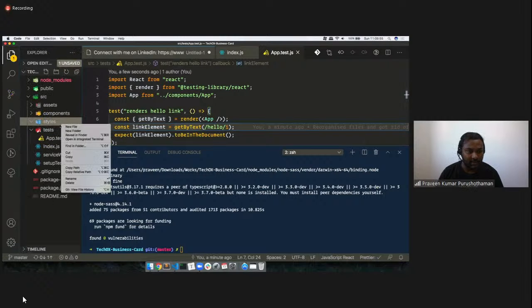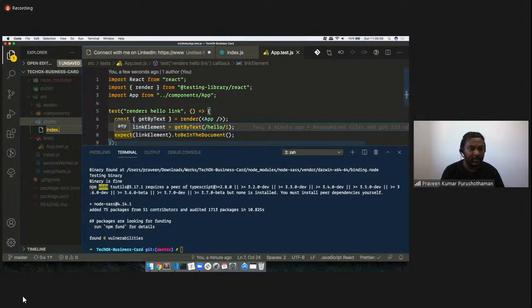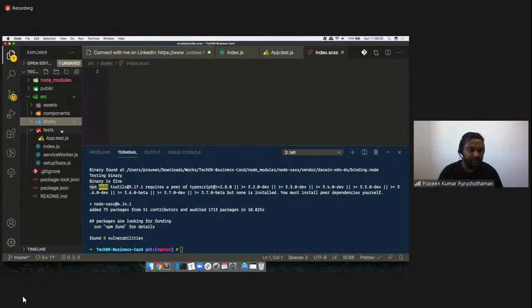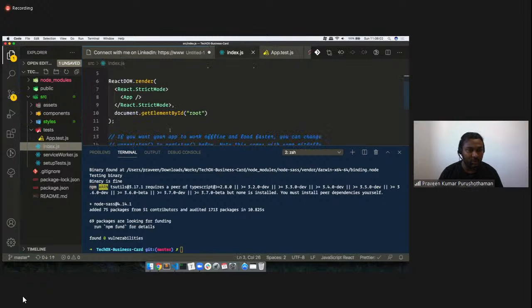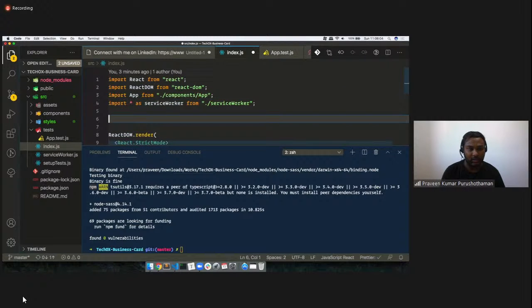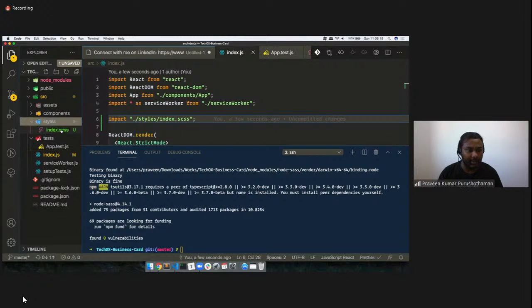Then now we will create a new SCSS file here. I'm going to create an index.scss, and then inside the index.js I'm going to import the styles. Once this is done, inside the index.scss,